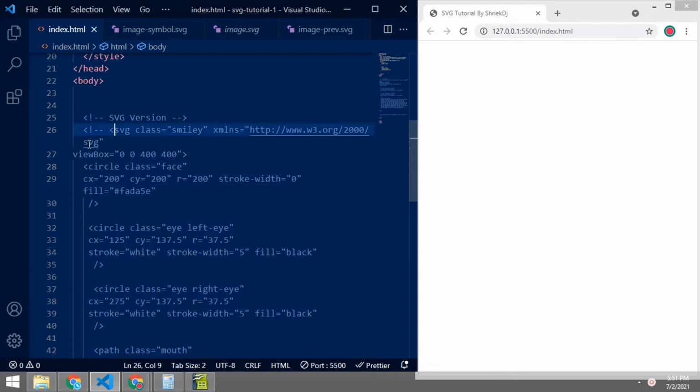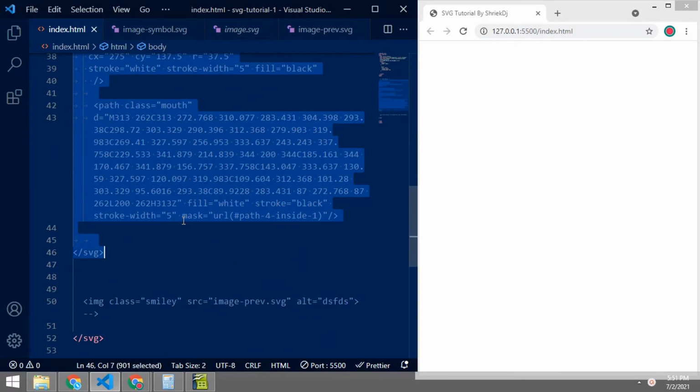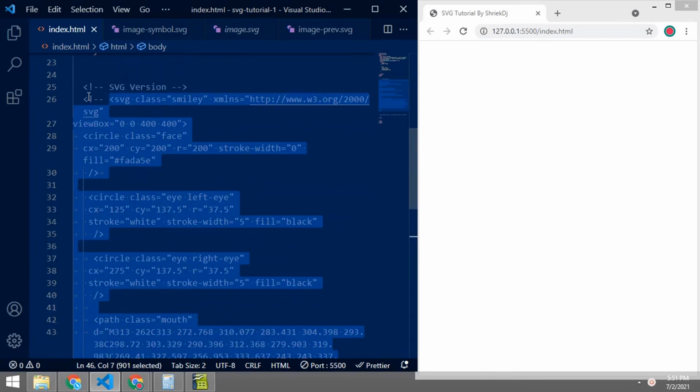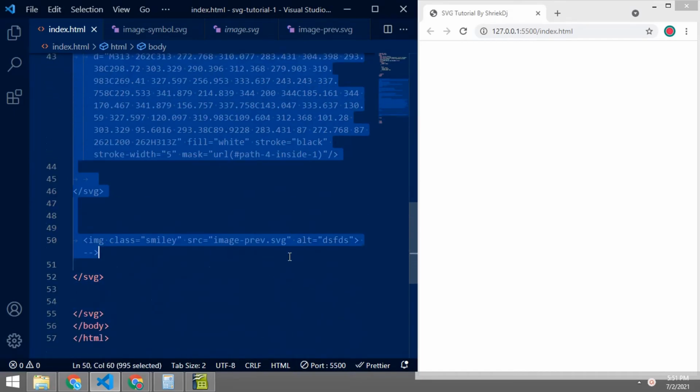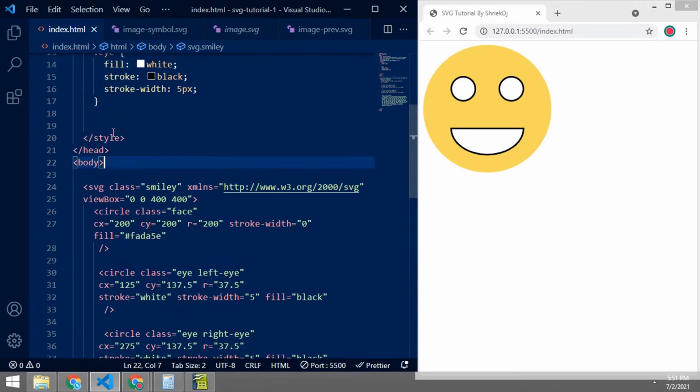We will forget about the img tag. Now we will only talk about svg tags. Okay, so I can copy our svg part or delete it, like here. Delete this and add the svg.